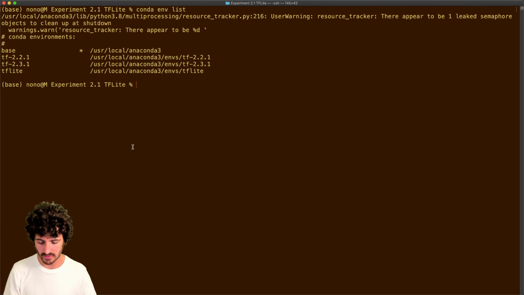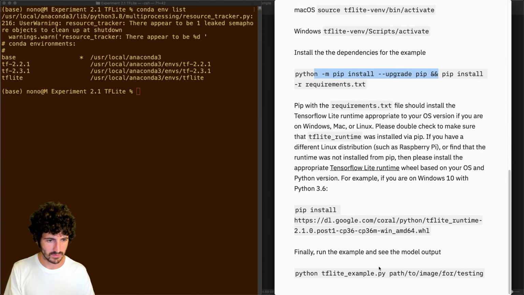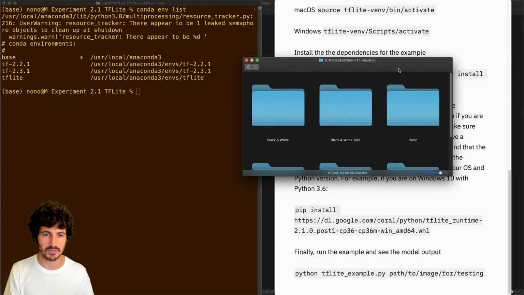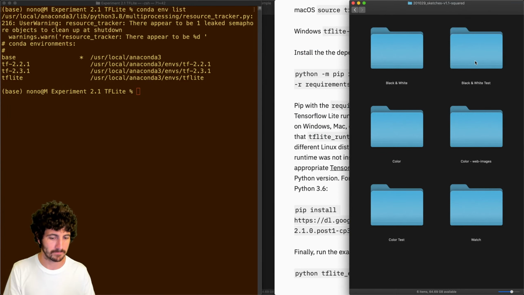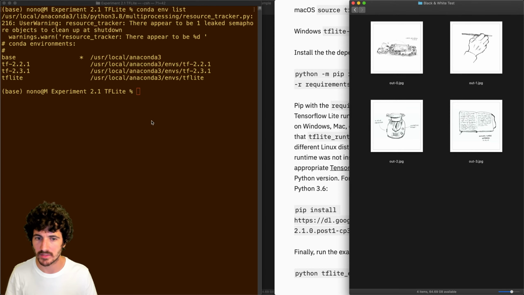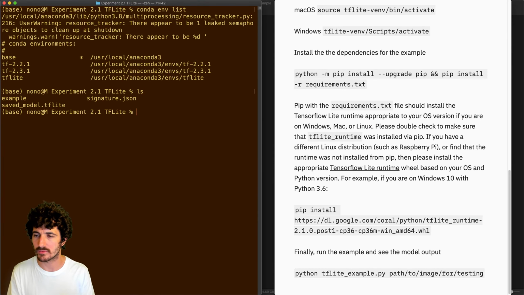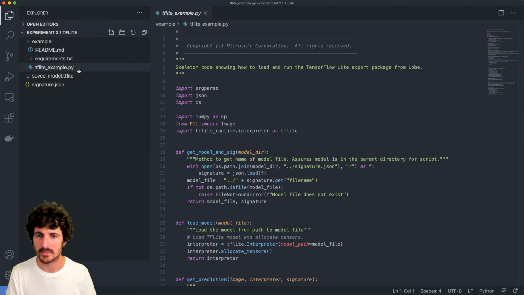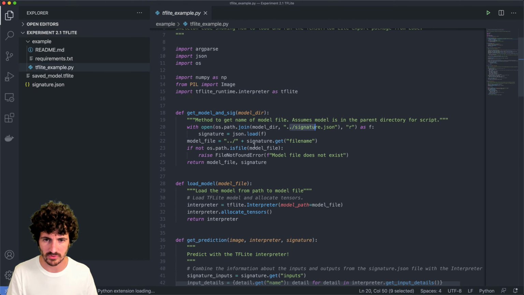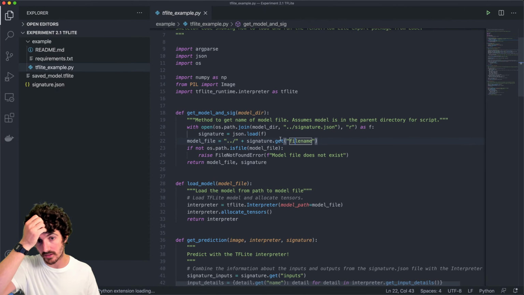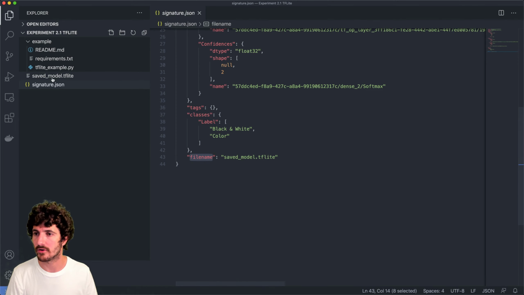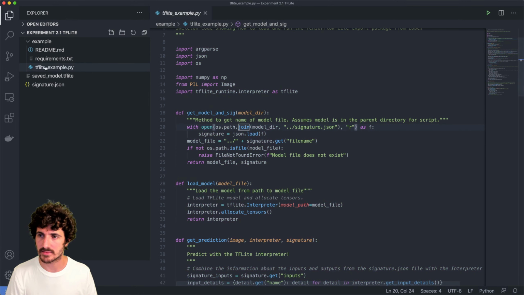So we have a TFLite environment. Let's see if we can run Python TFLite with the path to an image for testing. Here we have our data set, and our image for testing is going to be the black and white test, maybe some of these for instance. Let's just quickly see if we can run it. We have the example, and let's see if that's properly set. Yeah, so the signature and the model. The signature has a file name, saved model TFLite. Okay, so this script has a pointer